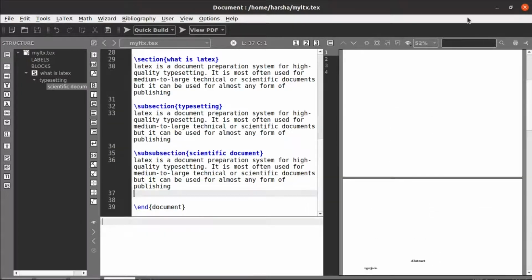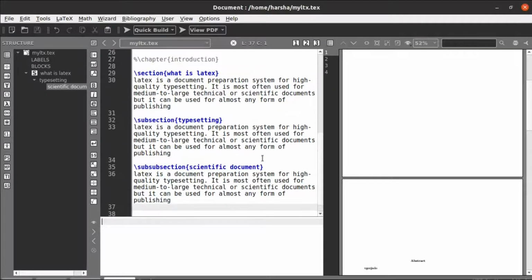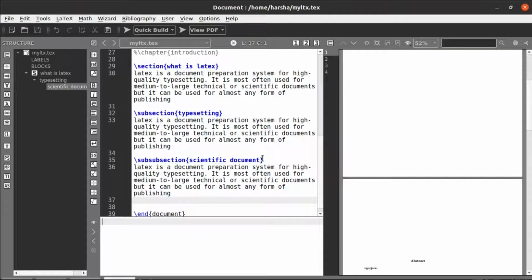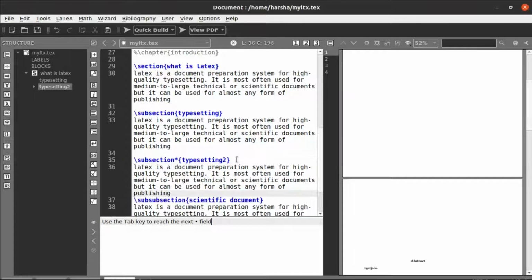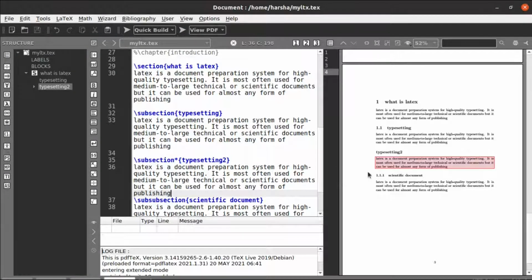We have seen section and subsection, right? We will see what is subsection star. So after the subsection, let's create that subsection with the star. Let's say typesetting 2. Let's try to run this. You can see now